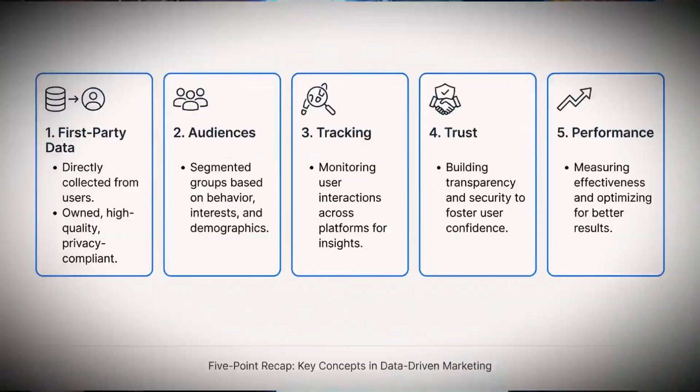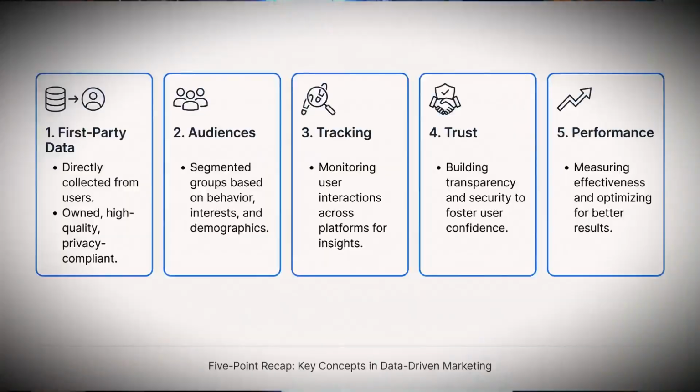Before we close this out, let's quickly review what we actually covered today. First is first-party data. It's not abstract. It's real actions people take with your business. Websites, the forms, the purchases, the CRM. Second, it's your audiences. Audiences aren't guesses of who people are. They're groups defined by intent and behavior. A visitor becomes a lead, which becomes a customer, which then becomes someone in the loyalty audience.